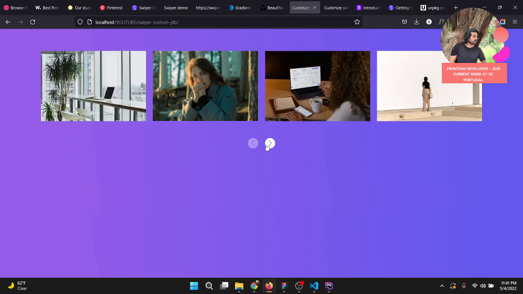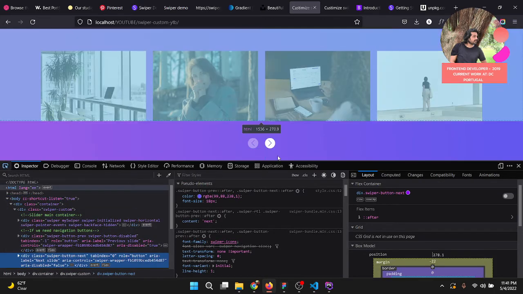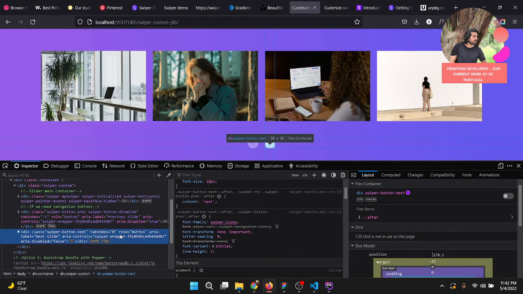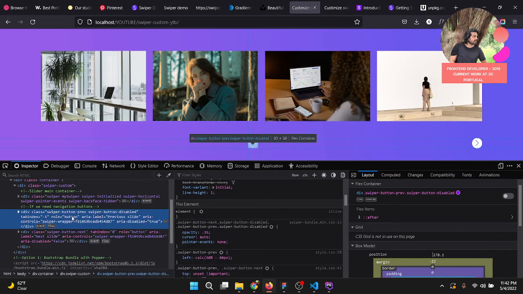Okay, if you want this icon on the left side or right side, you can do it easily. You have to go in spec. If you check this here, okay, you can see it is like this. You can put next in 0, it's gone. If you go in up,